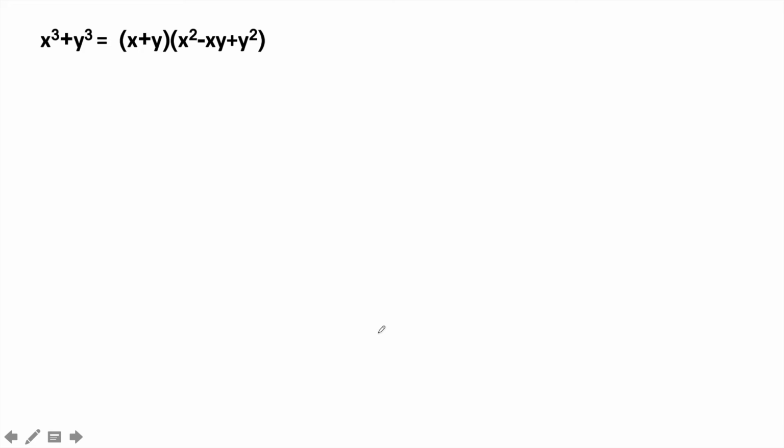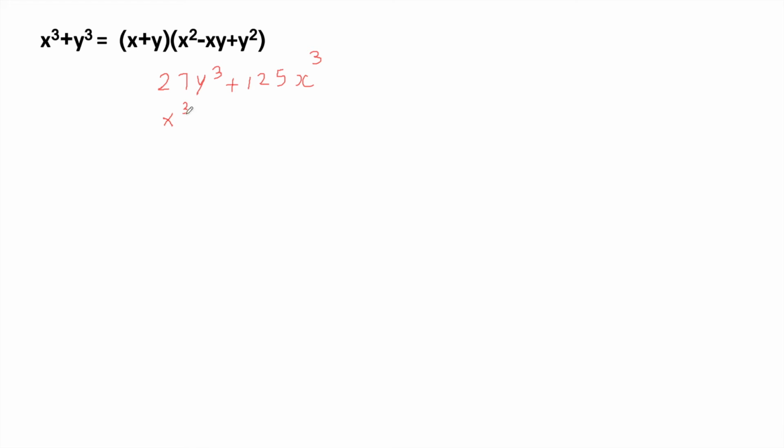And the next identity, x cube plus y cube is equal to x plus y into x square minus xy plus y square. So here I will write a polynomial 27y cube plus 125x cube. Okay, this is the given polynomial. This is clearly in the form of x cube plus y cube. So the factorization will be in the form of x plus y into x square minus xy plus y square. So we can find the x square, xy, y square, everything here.